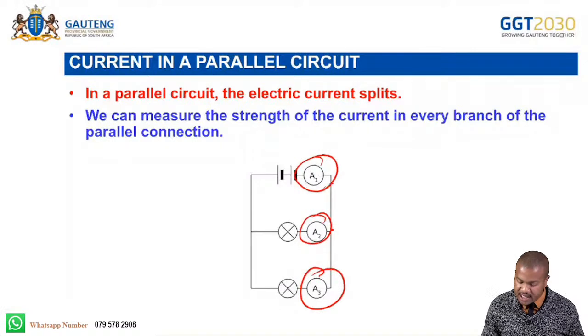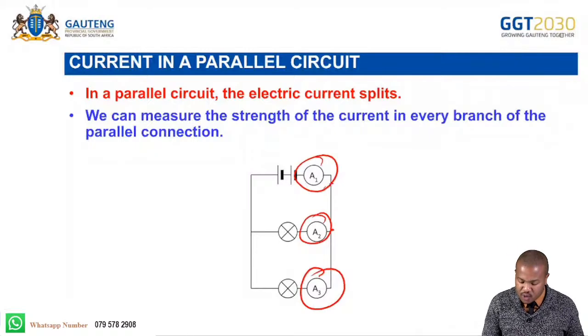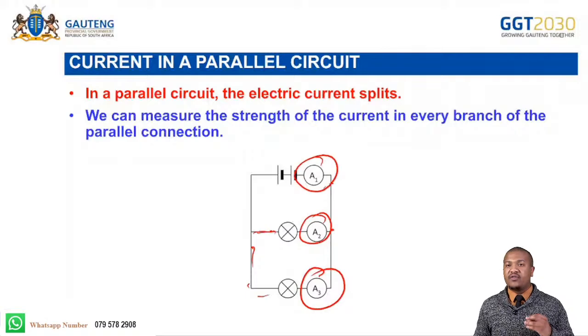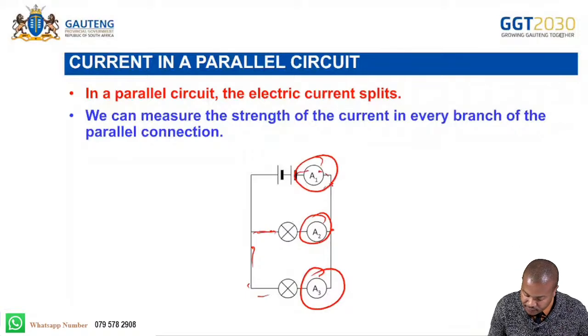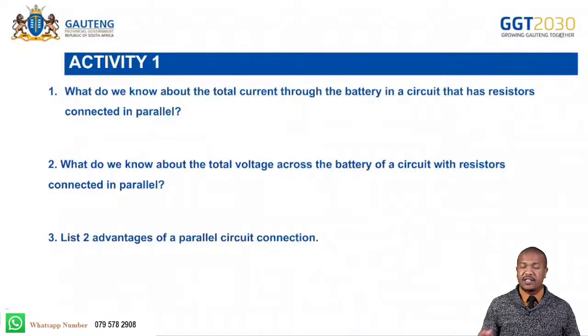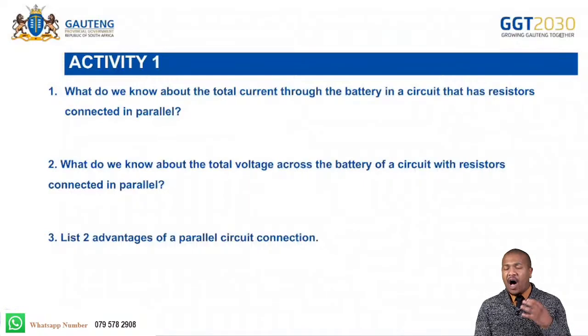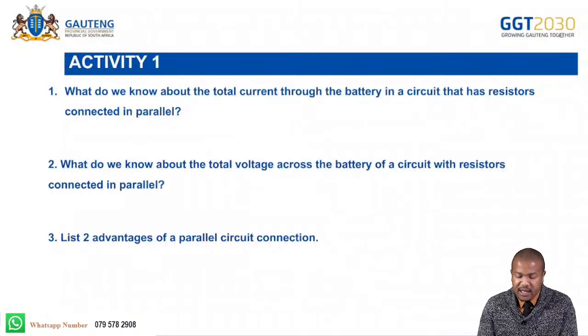Then ammeter 3 is measuring what? Branch 3 as well, right? And the current now is shared amongst what? It is split amongst what? The pathways of the circuit, meaning current flows through here, right? And also it flows through this side. Are we together? Right. So now let's quickly test ourselves in terms of how far we understand by writing activity